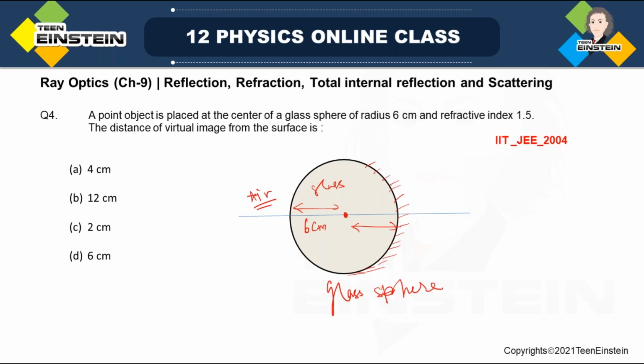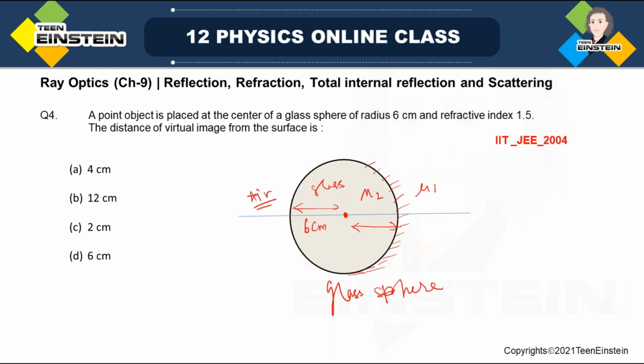If that image is formed somewhere in front of this particular surface, then that will actually get reflected by this also. So, at least for this particular surface, see, this is glass,